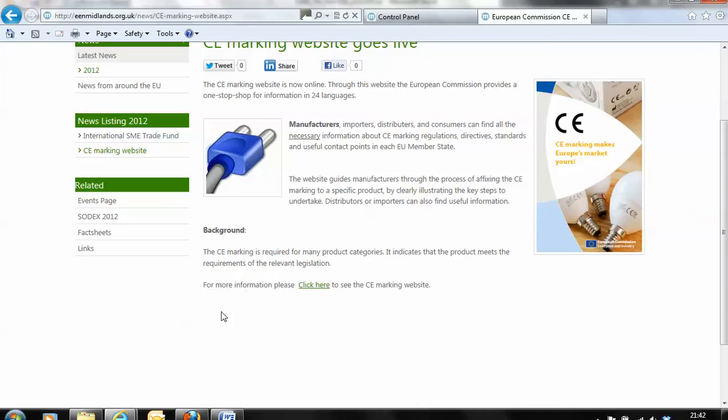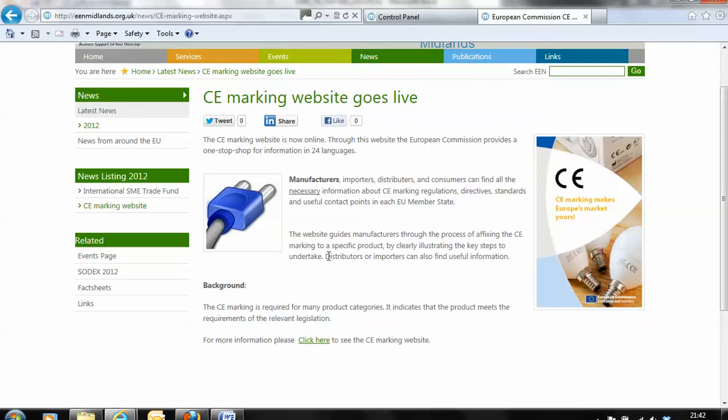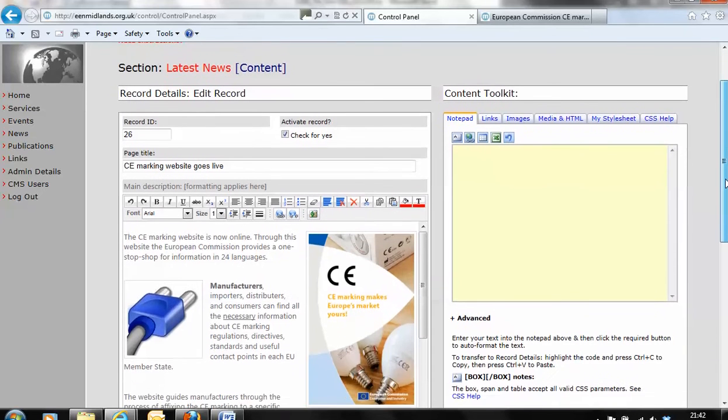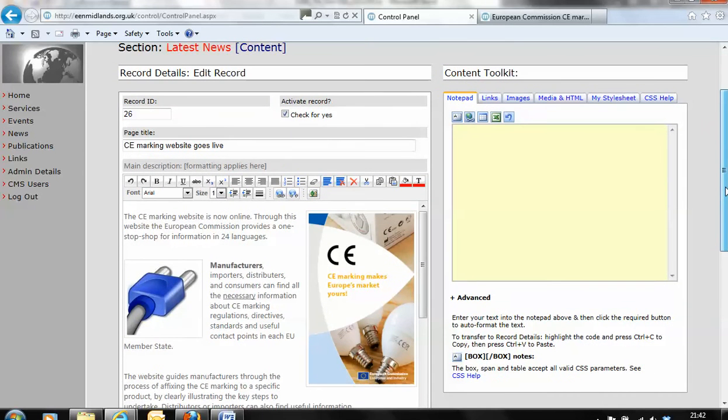So what I'm going to do is create a similar link. I'm going to put an image linked to a document, and place it down here, and I'm going to do that in the content management system or control panel using the Content Toolkit. So if I click here, I'm in the CMS, and I've navigated through to find the item, and you can see here in the form,